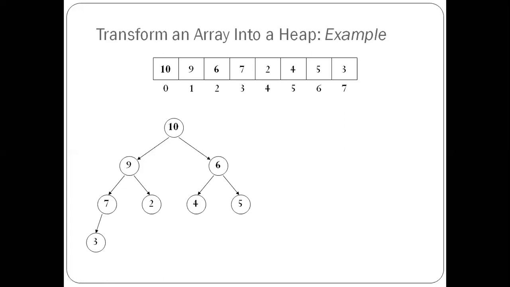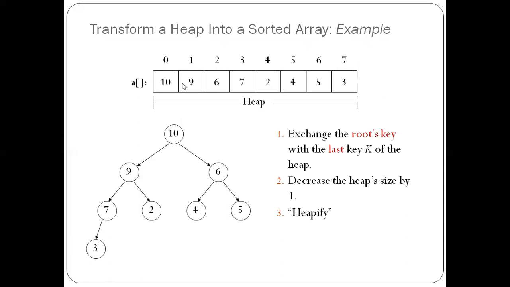So the first part is done, that is the heap construction. Accordingly, the elements in the array have also changed. Second one is deleting the element. Deleting the element means the top element will be deleted. So which is the top element? So this was the initial case. These are the processes I should do when deleting: exchanging the root of the key with the last element, decreasing the key size and calling heapify.